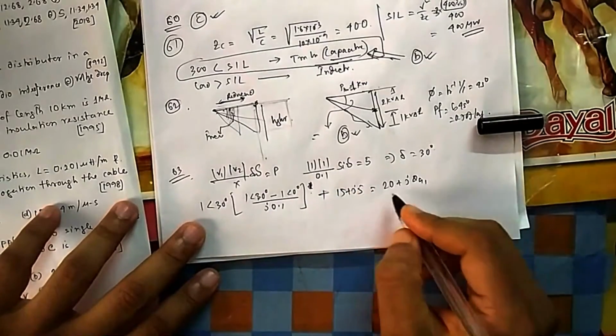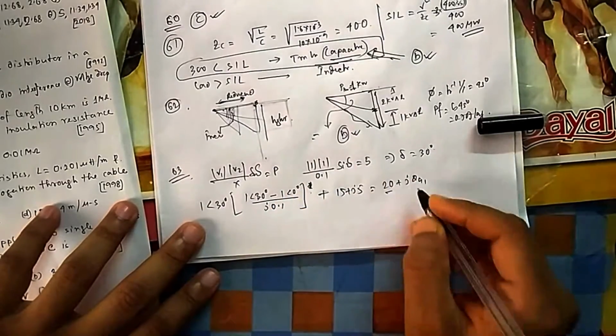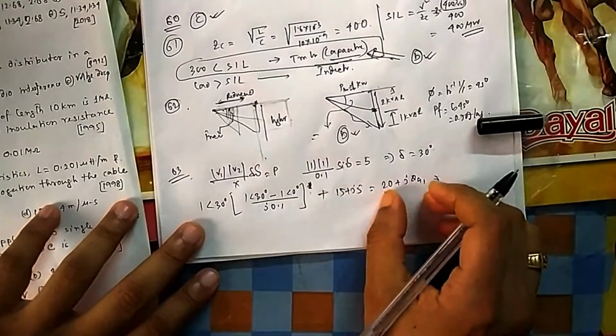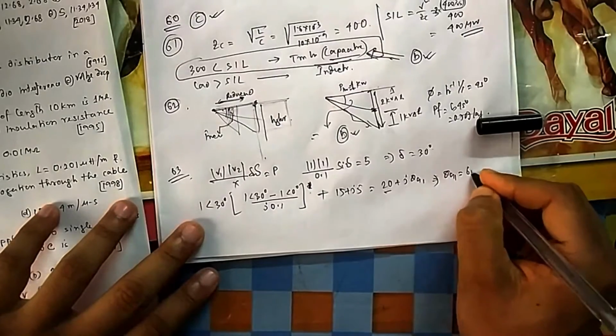Ultimately you take the product; the real part is already equal. If you equate the real part, you will find that it is already equal. There is nothing you can find from the real part. It will satisfy. Here also you will get 20 plus something, here also you are getting 20. If you calculate, you will get QG1 is equal to 6.33.